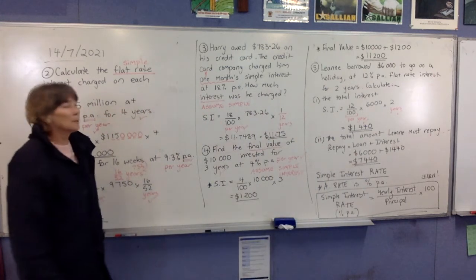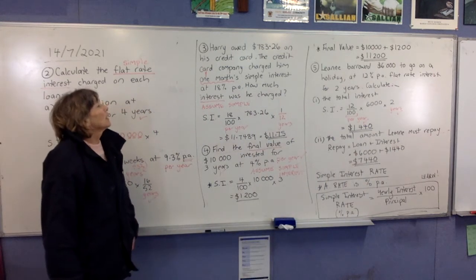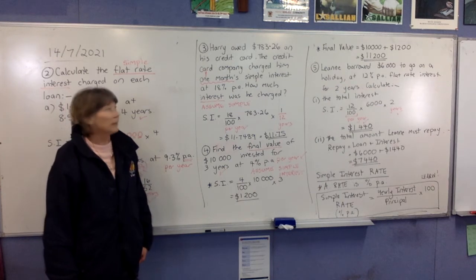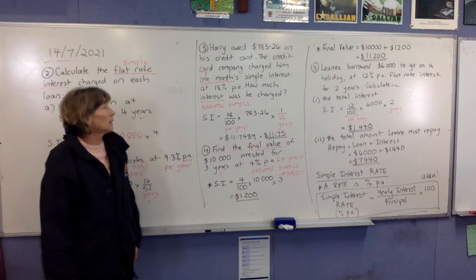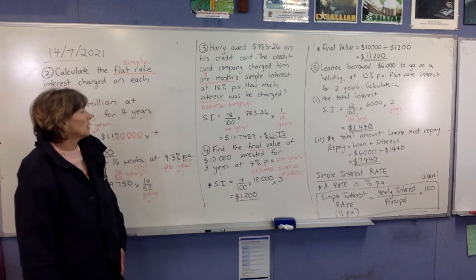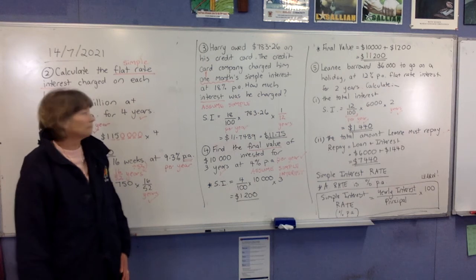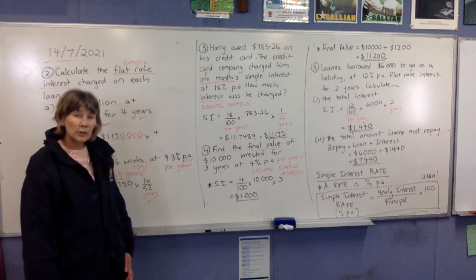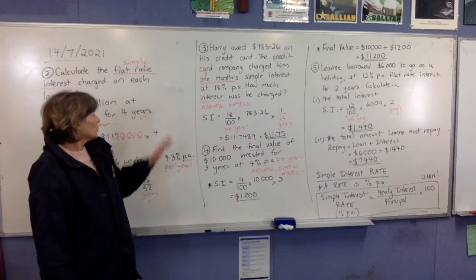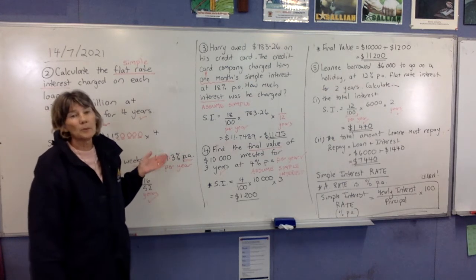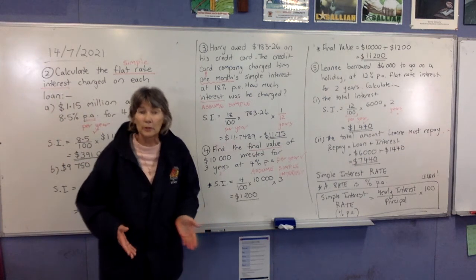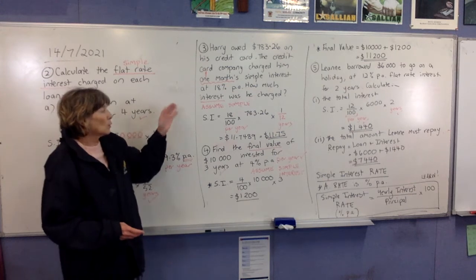Okay, moving over here to number 3. Harry owed $783.26 on his credit card. The credit card company charged him 1 month's simple interest at 18% per annum. How much interest was he charged? So we're finding interest. If they don't say anything, we always assume that it's simple interest. So if they don't say it's some other type of interest, which we haven't learned yet, you always assume that